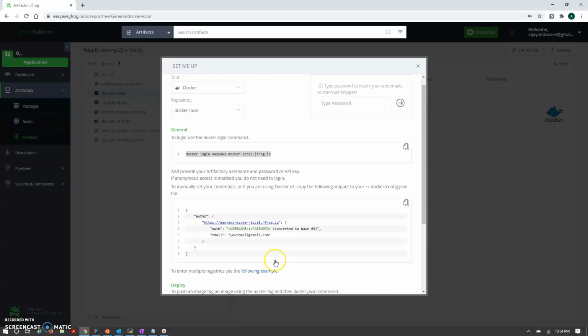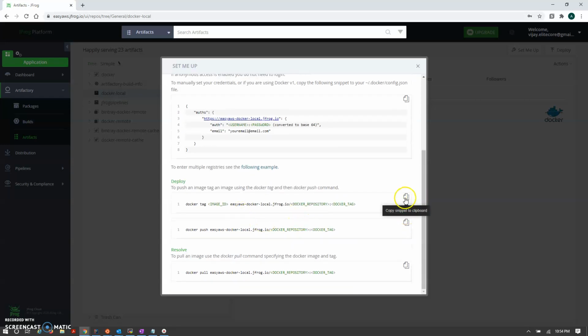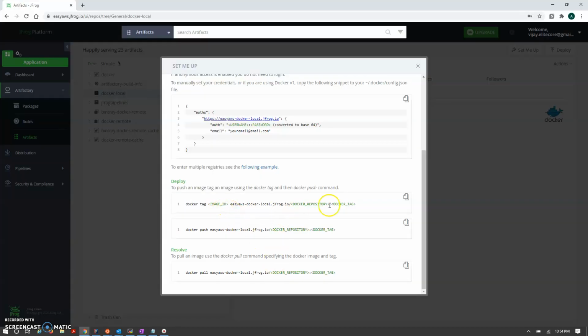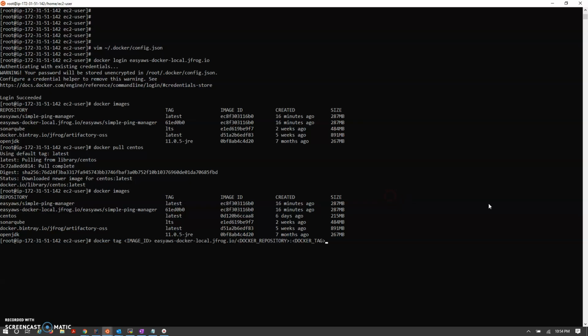Now we'll take the second command for the tagging part, and I'm just pasting here. Okay, so we have taken the CentOS image with the latest tag. If you want to change the tag, you can simply change the tag here.